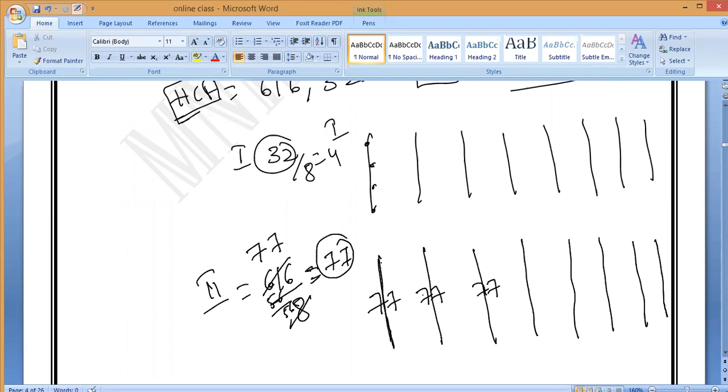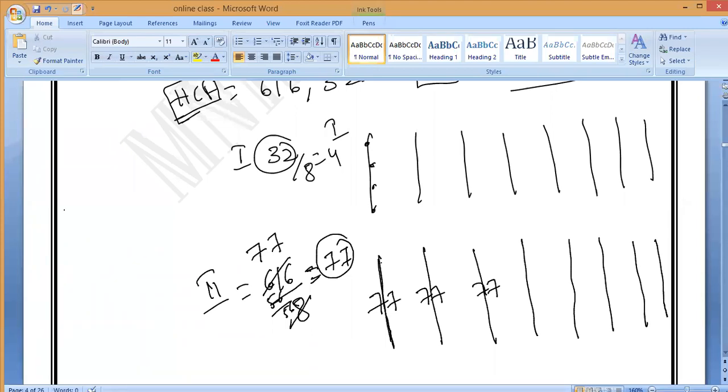Suppose you see, we can arrange them equally in the form of the lowest also. A single column I can arrange, 32 members in a single column and 616 also in a single column. But it should not be like that. They are asking the maximum possibility, the maximum number of columns. So that is why we are finding HCF. So if we do HCF, we can form the maximum number of columns.